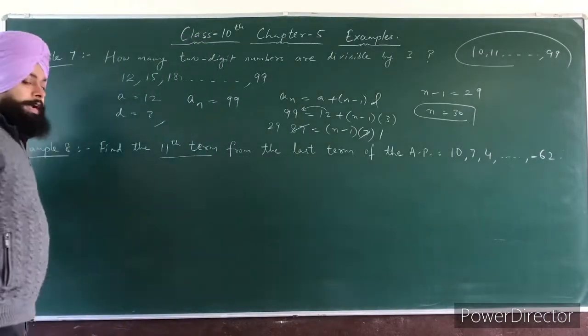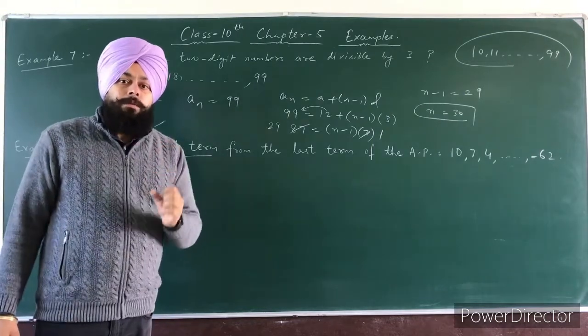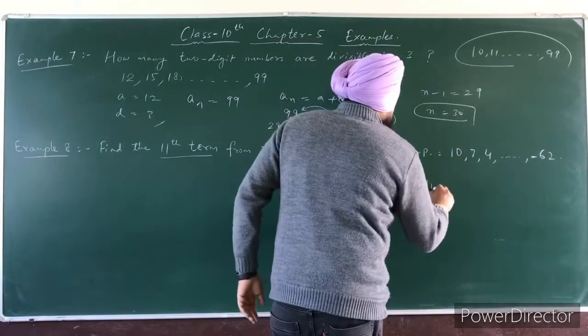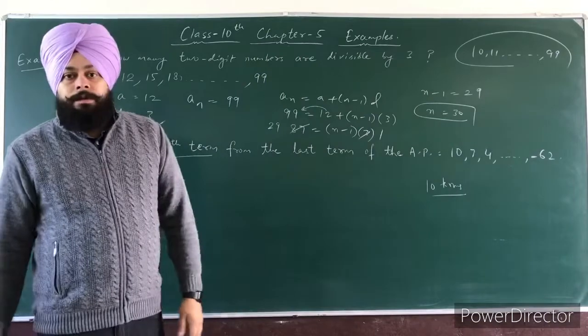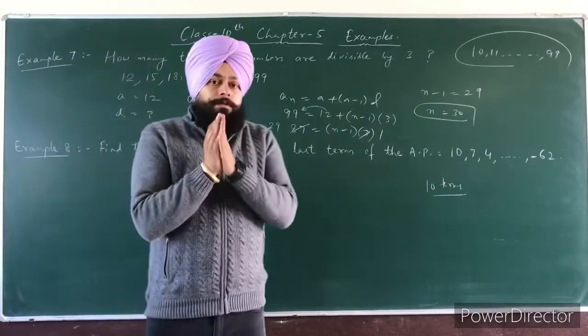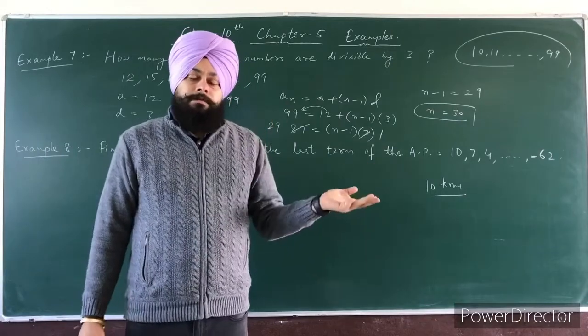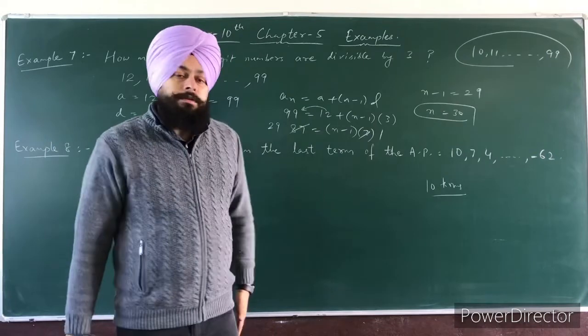So first we will find the total number of terms. सबसे पहले आप क्या फाइंड करोगे कि यहाँ पर total number of terms कितनी है. For example, if I say there are total 10 terms. How many terms? 10 terms. अब बताओ कि यहाँ पर जो we will find the third term from the last term. अब आपने third term find करनी है last term से. तो वो term कौन सी होगी?